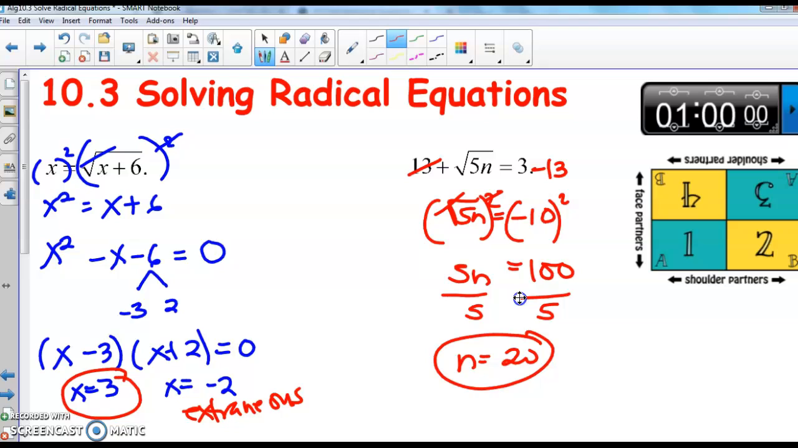Let's see. 5 times 20 is 100. So square root of 100 is 10. 10 plus 13, definitely that's not equal to 3. So this one is not a solution. It's extraneous. There you go, because it makes the equation